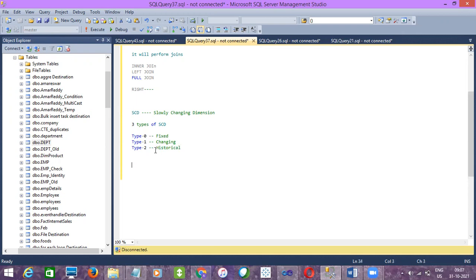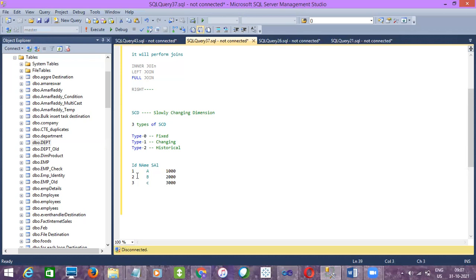So if you take an example of ID, name, and then salary: 1, 2, 3, names A, B, C, with salaries 1000, 2000, 3000.